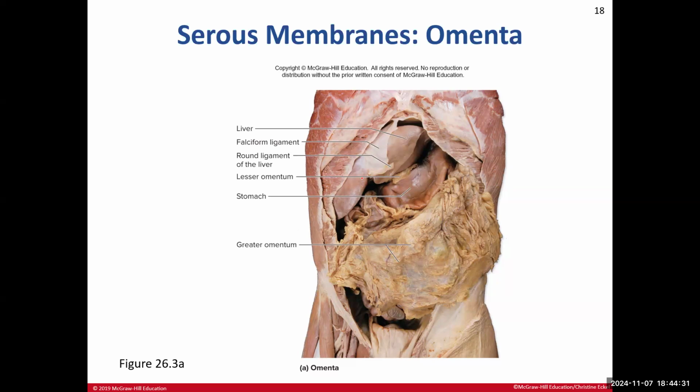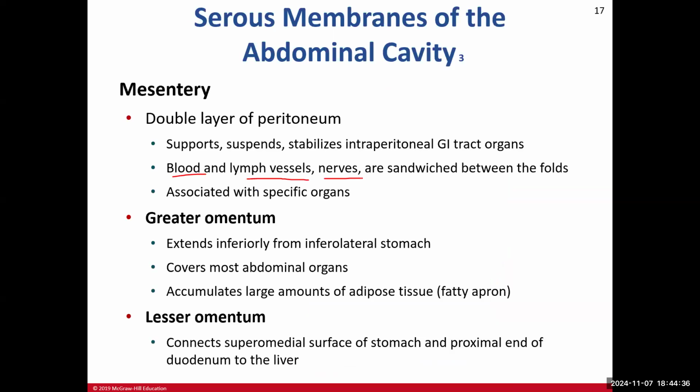But one of the interesting things about the greater omentum, and we've seen it especially in cadavers, is that somebody could get an intraperitoneal infection, and the greater omentum will actually move itself and kind of cover where that infection is. Because again, keep in mind, the greater omentum has blood vessels, lymphatic vessels, and nerves. So if it's got blood vessels, that means it's got a transport system to bring immune cells in there to help combat that infection. So it's really kind of neat how the greater omentum does this. But this is the larger part of the mesentery that's going to cover most of the abdominal